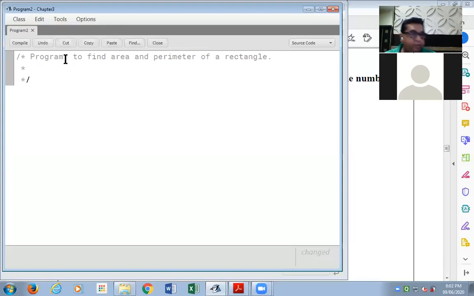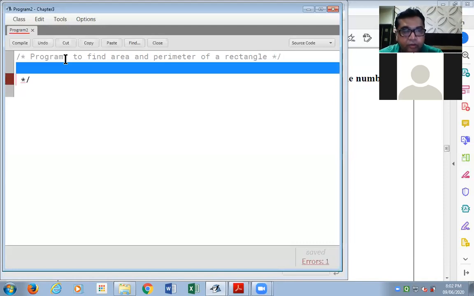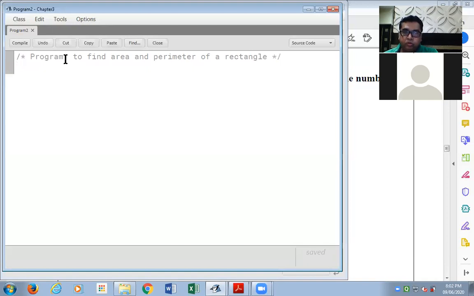So this would be our comment. On the same line also, now BlueJ, as you saw when I pressed enter, added the star and forward slash at the end. Since this comment of ours is only one line, I myself could manually put a star and a forward slash at the end, or I could have even just given this comment by starting the statement with two forward slashes.